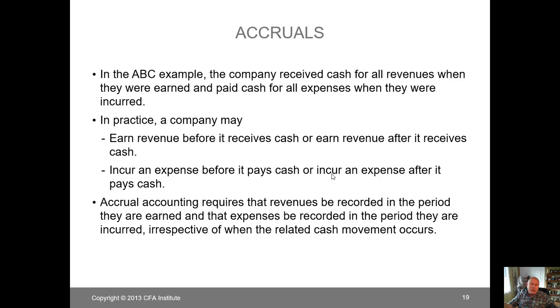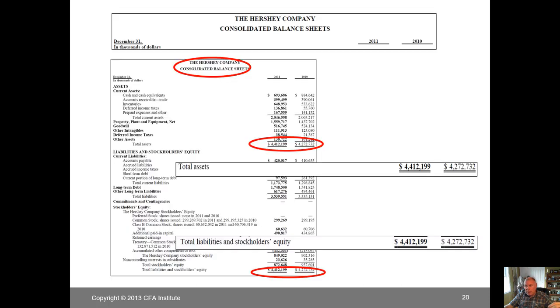Same thing with the expense. Sometimes we incur an expense, but we don't pay for it until later. Other times we may pay in advance, and it benefits a future period. So we need to adjust for these by having accounts receivable, accounts payable. So we show the income statement on an accrual basis, where we're back to the matching principle. We're trying to match revenue with the period in which it is earned and match the related expenses. Here's an example. We don't even have to look at that.